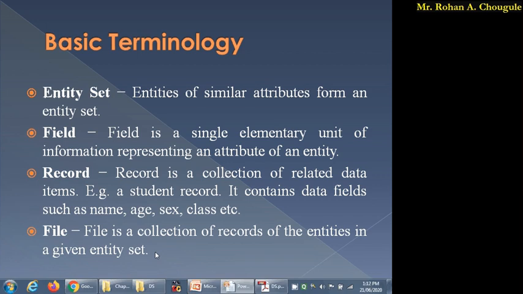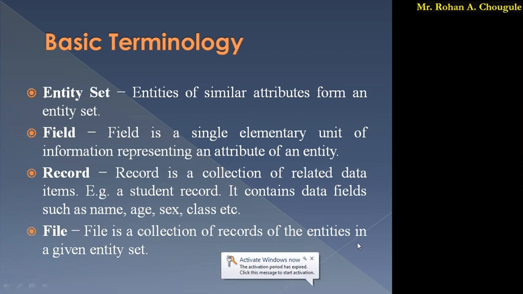So here, an entity set is nothing but entities of similar attributes. Entities with similar attributes form an entity set. Just for an example, all employees in an organization is an entity set.